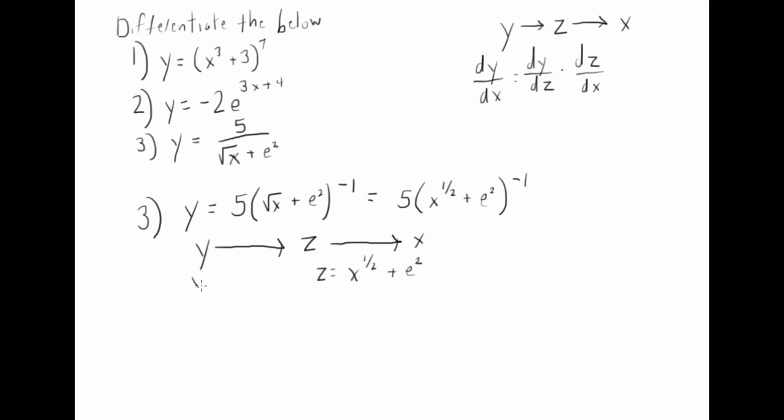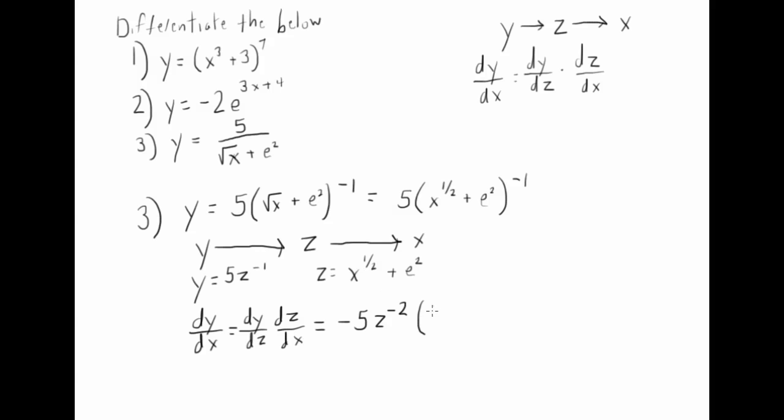Okay, that means I have to write down what my y is. All right, time for the chain rule. And again, all this means is I'm going to take those two derivatives of the two functions I just wrote down. So the derivative here is going to be negative 5 z to the negative 2